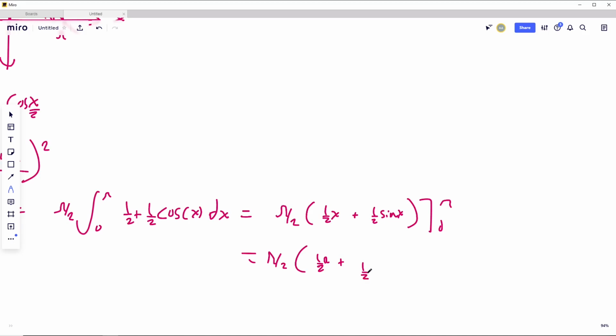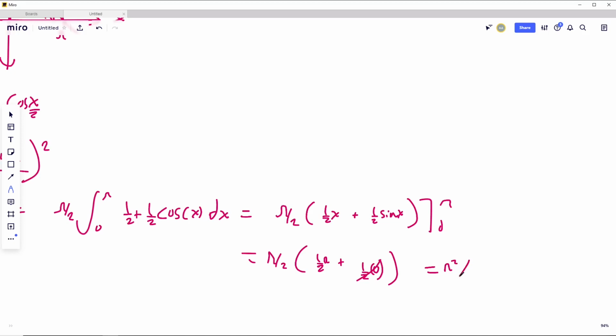Pi is 180 degrees, so sine of that in the unit circle is going to be 0, just like sine of 0 is 0. So this is going to be 0, so it's going to cancel, and the zeros all cancel. So this cancelled, you're left with half, and you get pi squared